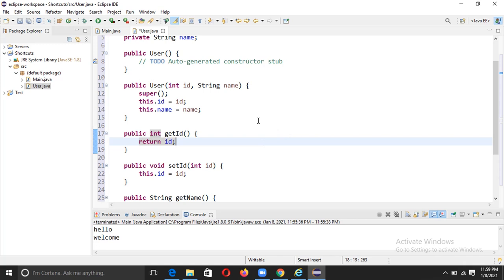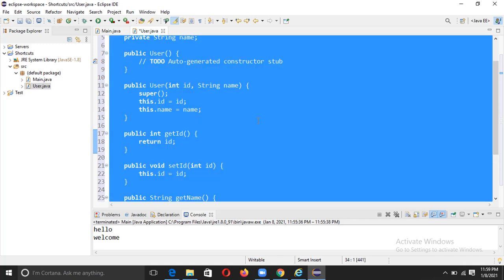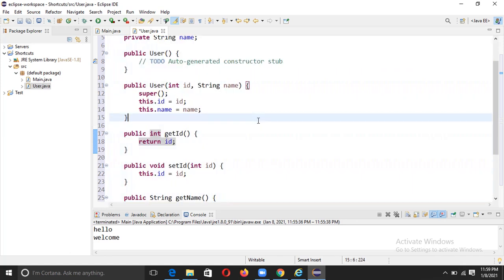You can use one shortcut to select all of that. You can simply just press Ctrl A. See, your entire code will be selected automatically using the shortcut. You don't need to drag your cursor to the code. Okay, so this is one shortcut which will save your energy and time also.